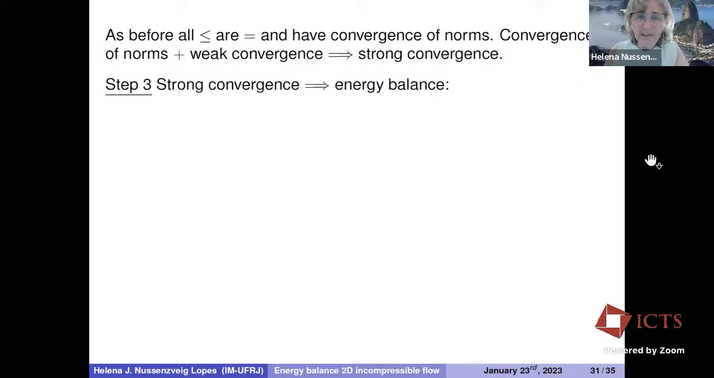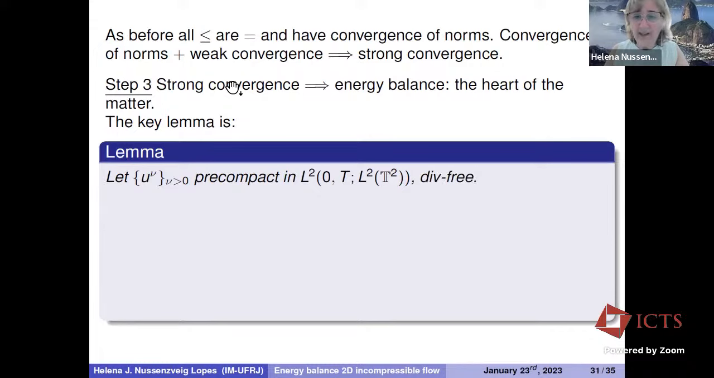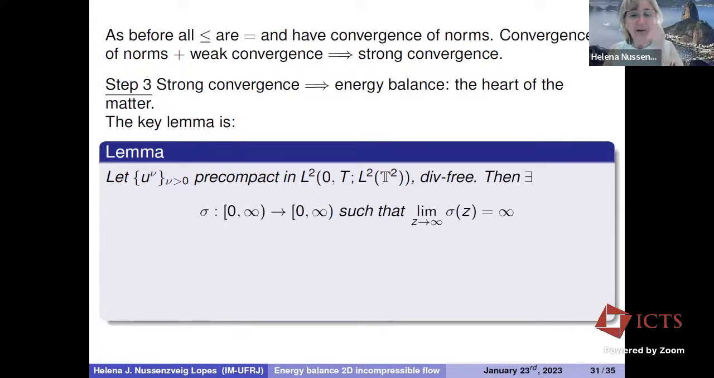Step 3, strong convergence implies energy balance. This is the heart of the matter. The key lemma is this. If u nu is precompact in L2 in time to L2 in space, and it will be because we're assuming strong convergence, and divergence free, then you can always find a function sigma, which blows up at infinity, so that